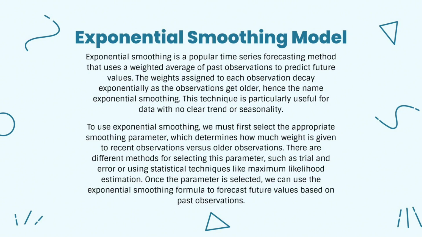This technique is particularly useful for data with no clear trend or seasonality. To use exponential smoothing, we must first select the appropriate smoothing parameter, which determines how much weight is given to recent observations versus older observations. There are different methods for selecting this parameter, such as trial and error or using statistical techniques like maximum likelihood estimation. Once the parameter is selected, we can use the exponential smoothing formula to forecast future values based on past